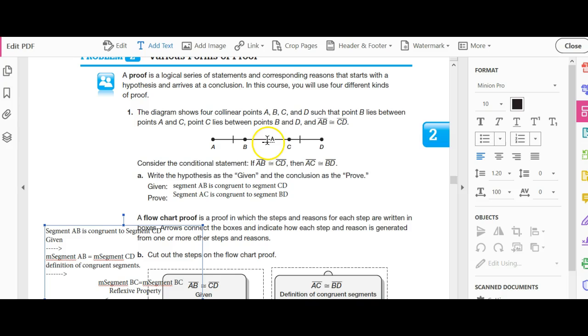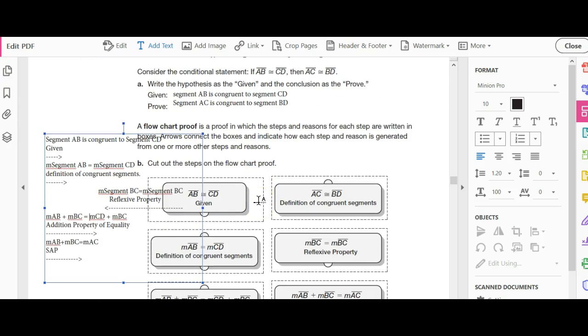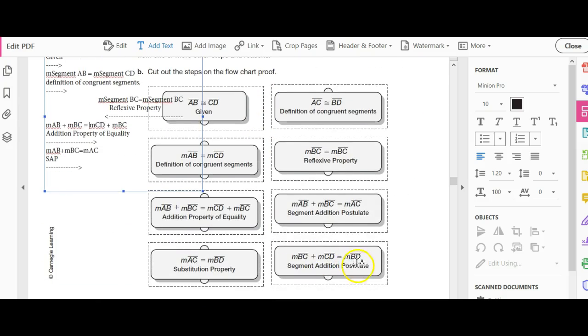So therefore, if I'm adding these two pieces together, CD plus BC would be equal to BD, right? So that's what we want to state, and that's this guy right here. BC plus CD equals BD. So I'm going to go over here, and I'm going to show this would be a separate bubble also. Measure of BC plus the measure of CD equals the measure of BD, and that would also be the segment addition postulate,